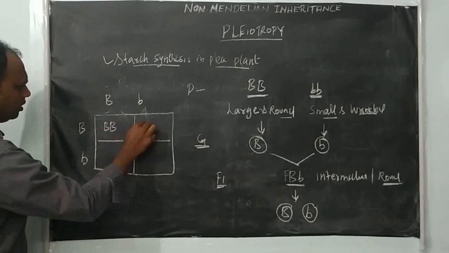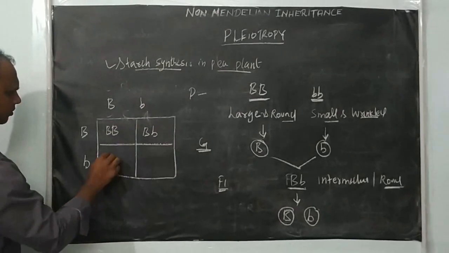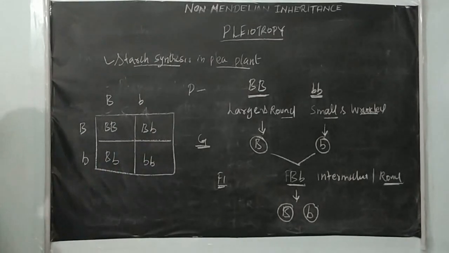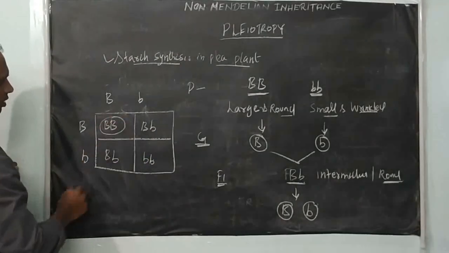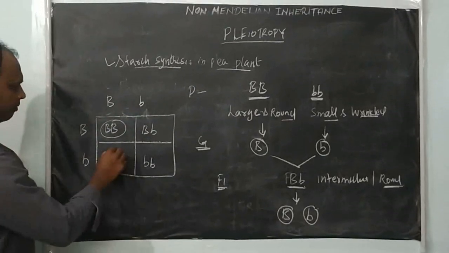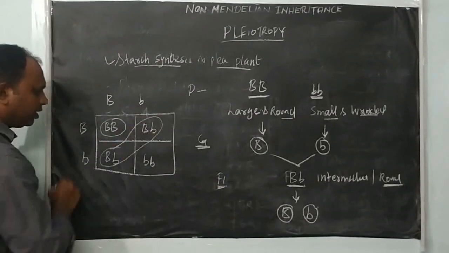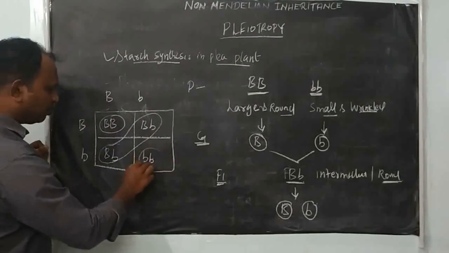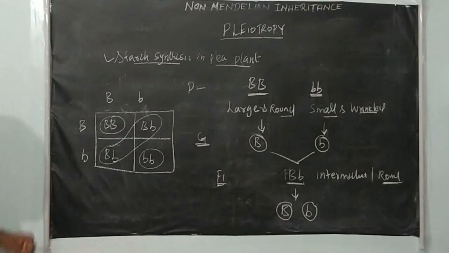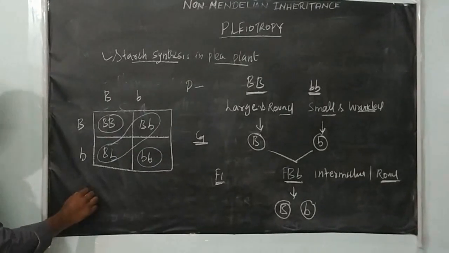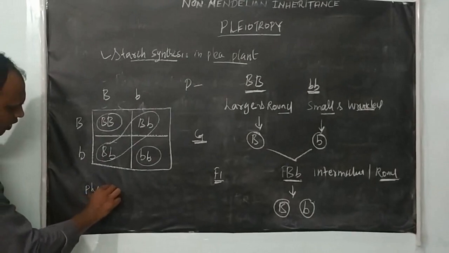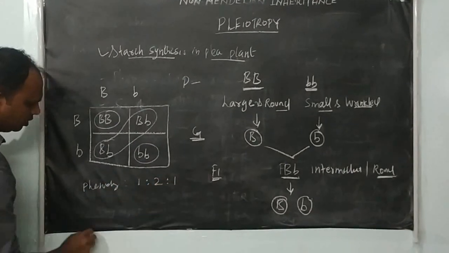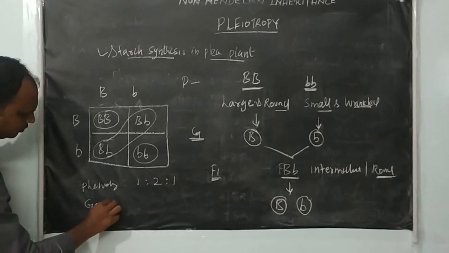Caps B, caps B, caps B, small b, caps B, small b, small b, small b. Here the caps B is large and round seeds, the caps B small b are seeds of intermediate size and round, and small b is small size and wrinkled seed. So the phenotypic ratio we are getting is 1:2:1, and the genotypic ratio also